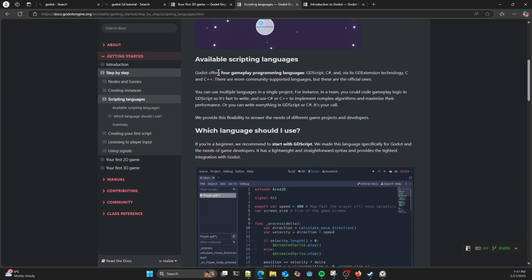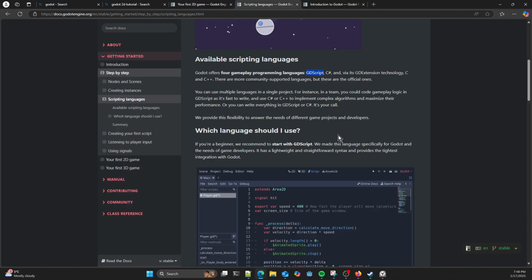Okay, here we go. So our four gameplay scripting languages: GDScript, C#, C and C++. Yeah, there's also Rust. I did think about looking at Rust before, but there's no need for that right now. So GDExtension is an interesting one. I definitely want to come on to GDExtension. It's the way of getting the best out of the game engine, if you want maximum performance. For that you want to be using C, C++, potentially Rust, but that's only provided by a third party. But anyway, I'm waffling again. Let's carry on with it. We're going to be using GDScript at the moment.